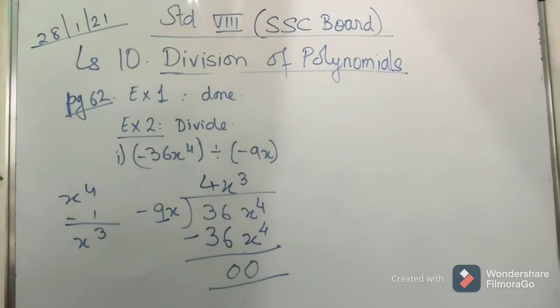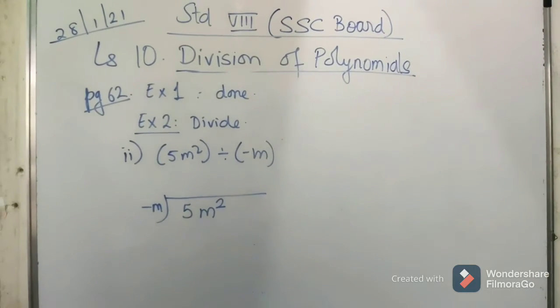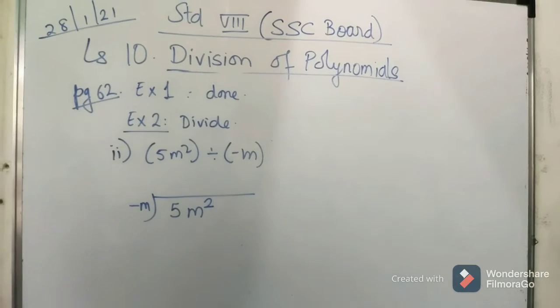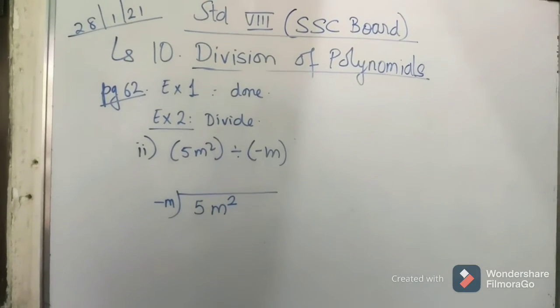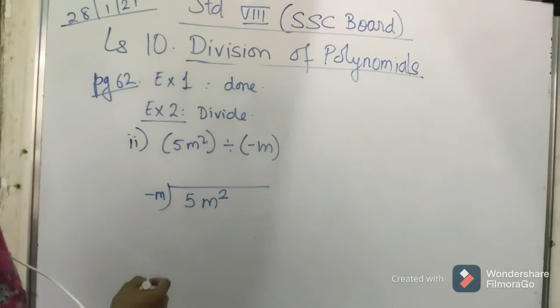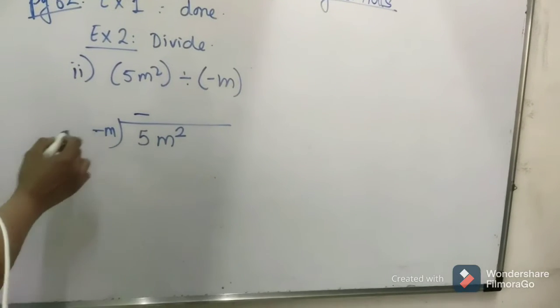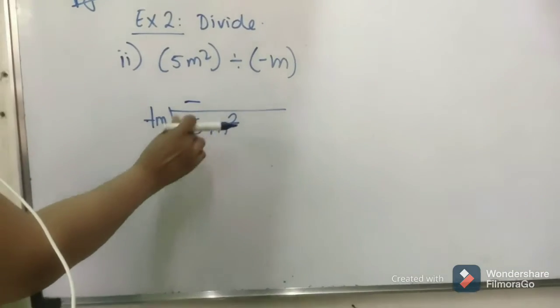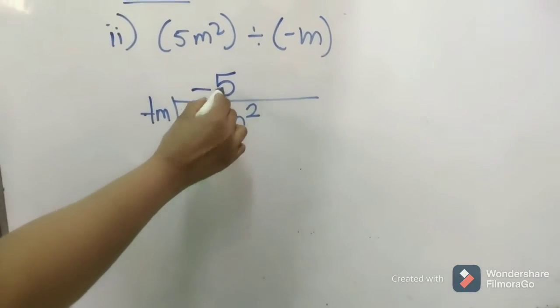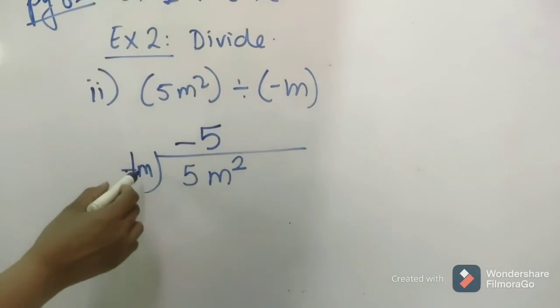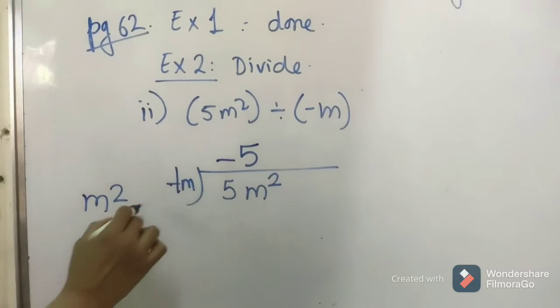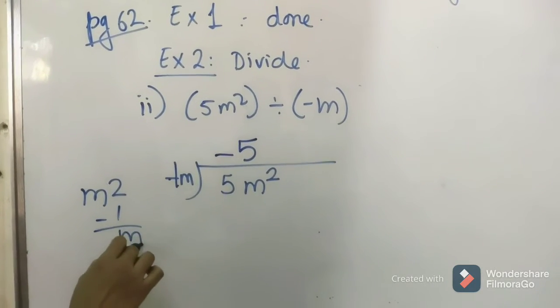It's very easy. Okay, now let's see the second example. It says 5m square divided by minus m. So what do I do here? Now minus sign I have to write because there is minus in the division, and where nothing is written it means 1. So in 1's table, how many times will 5 go? 5 times. And m is there and here m square is there, so square is there and nothing here means 1. So 2 minus 1 will give me 1.